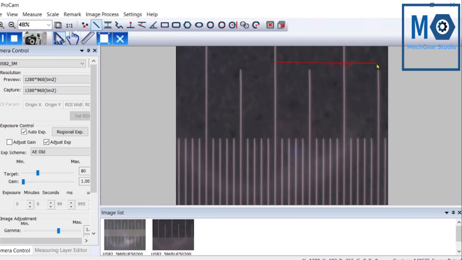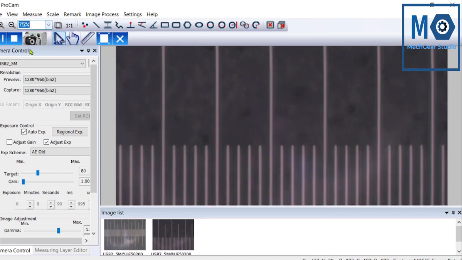The cursor is moving fast, so we cannot pick up the exact position. Suppose we want the middle of this division. It may go outside or it may go to the other side. It will depend on the calibration of the mouse. Right now we are demonstrating.